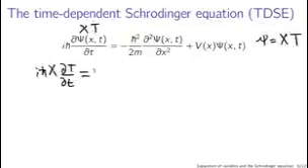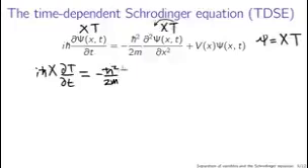This is then going to be equal to minus h bar squared over 2m times the same thing. When I substitute X T in here, the second derivative with respect to position is not going to act on the time part. So I can pull the time part out. T, second derivative of big